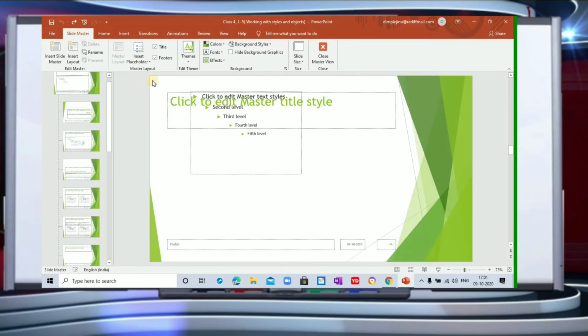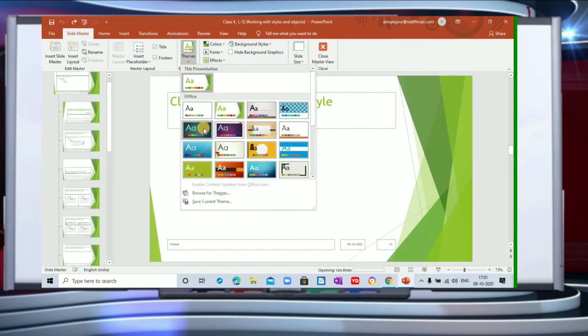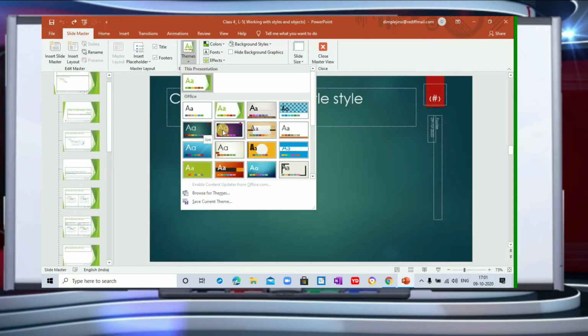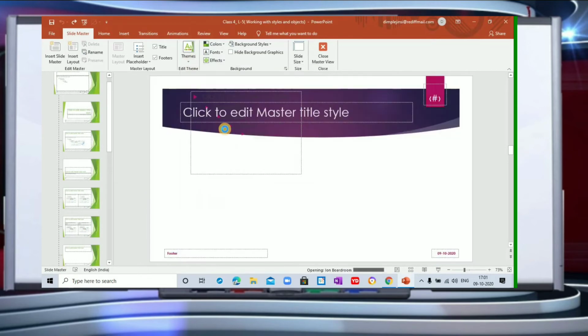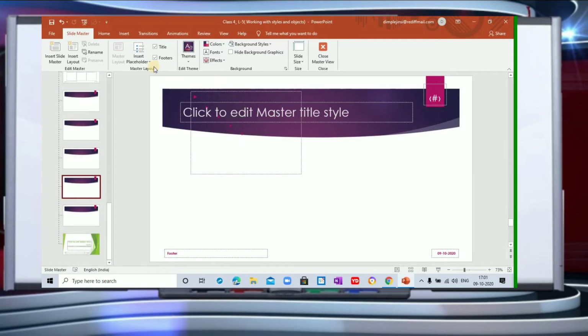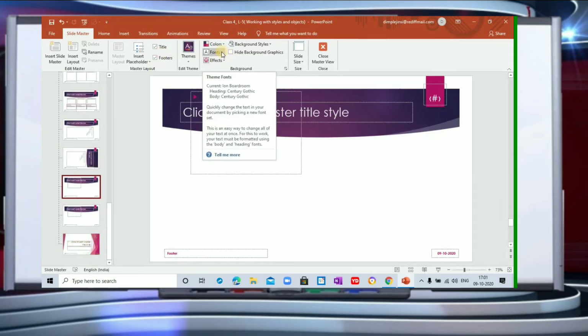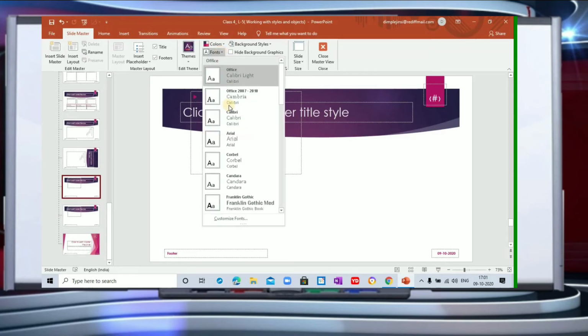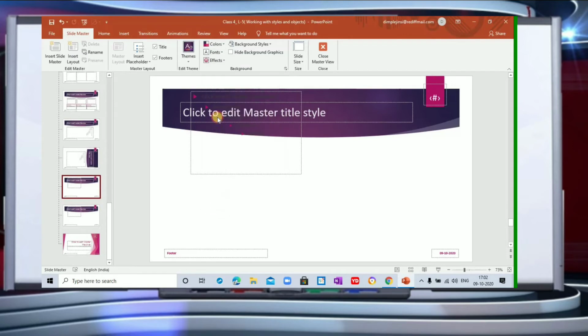So what options do you have? You have the footer. You have themes here, and you can go for whichever theme you want. Supposing I have chosen this theme, and if you want the font to be changed, you can go here and change the font style, supposing Calibri.